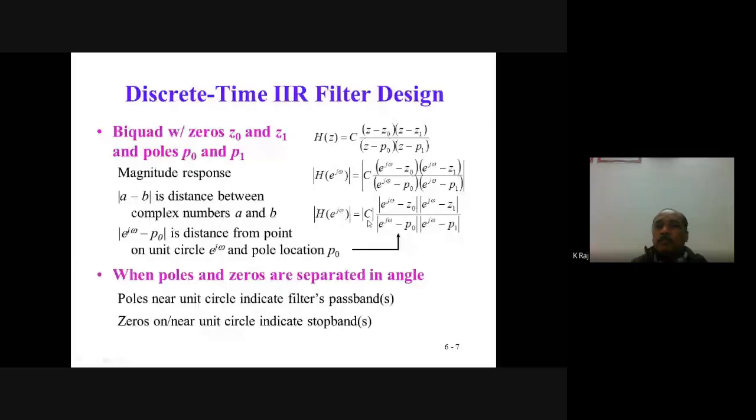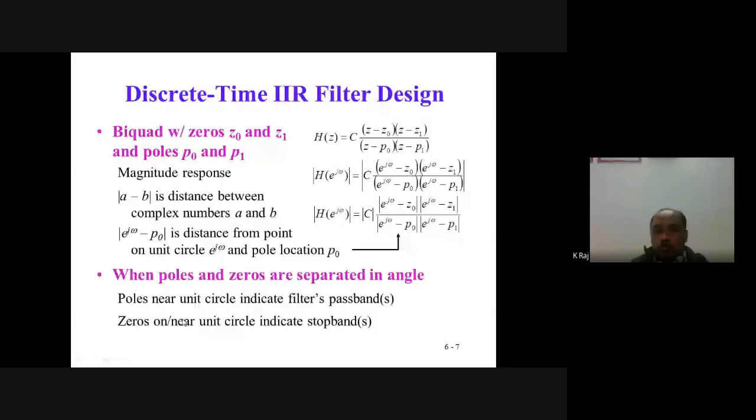As we know, the mod of a minus b is the distance between the complex numbers a and b, for the pole at p naught, and this will be the transfer function here. And when poles and zeros are separated in angle, then what happens? Poles near the unit circle gets